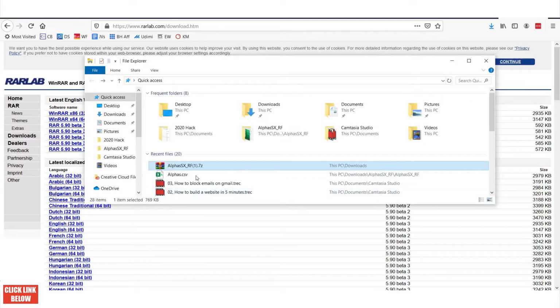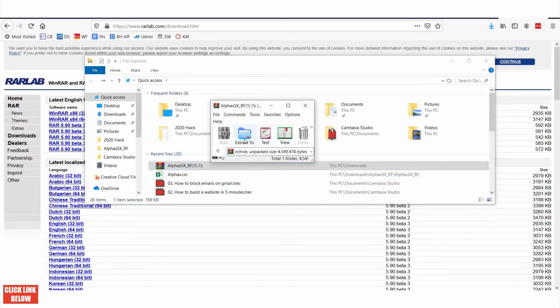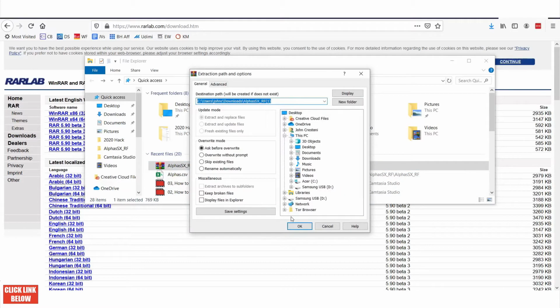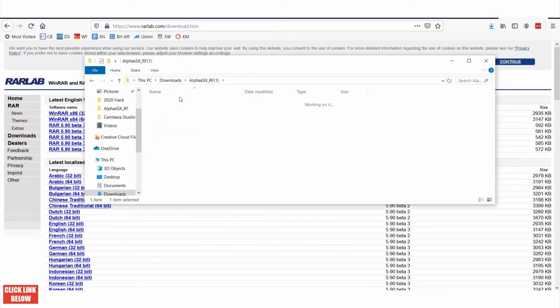Now, once you've downloaded WinRAR and installed it, you will be able to open up this file, which is the database I downloaded. Here I'm just going to extract to my downloads and open up the folder, and you'll see that we actually have a file, but it's a TXT file, which means it's a tab separated